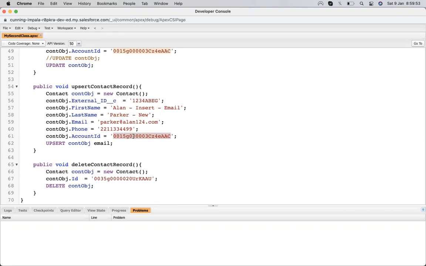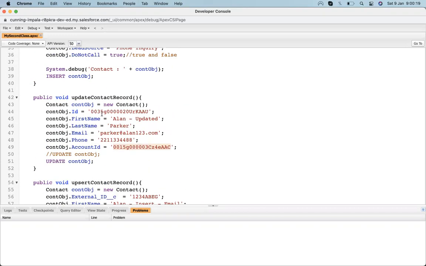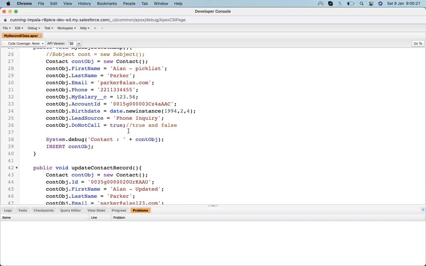This language seems like a combination of SQL and Java, right? You're using queries in between. Is upsert a SOQL language keyword?